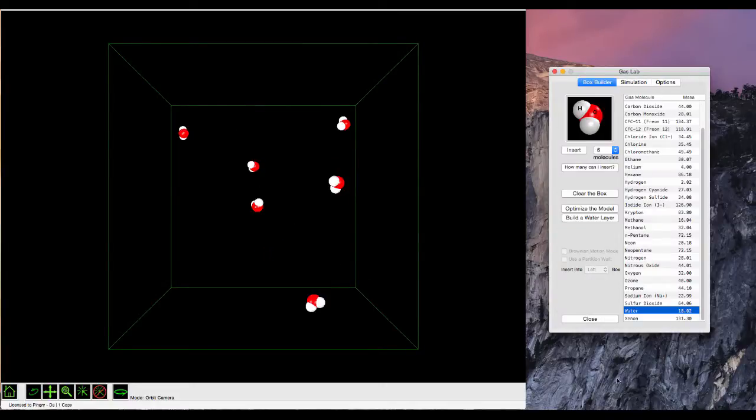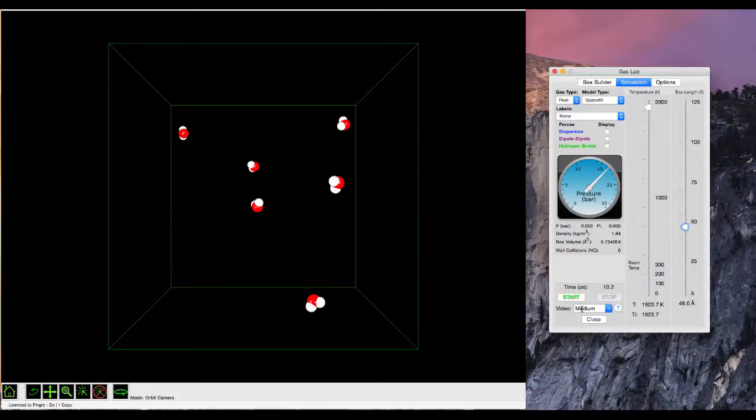I'm going to do a quick water demo just to aid in our talks later. So we're going to go ahead and start this up, speed it up, and then drop the temperature. What you should see pretty quickly is that the water will start to stick together. And then we're going to slow this down again, put on some hydrogen bonds, and then take a closer look at what's going on.